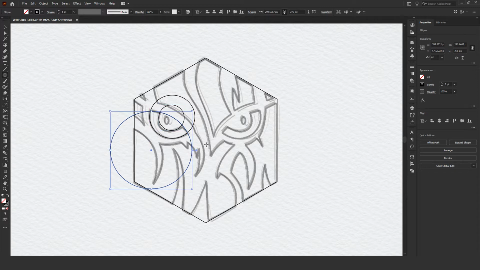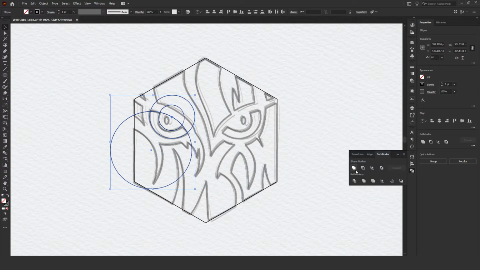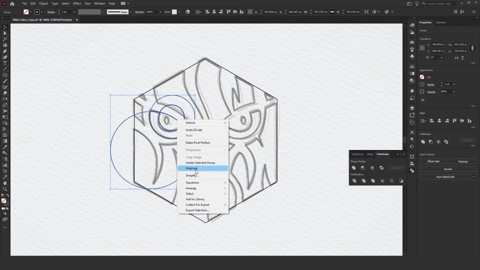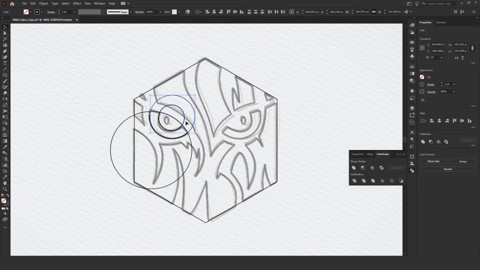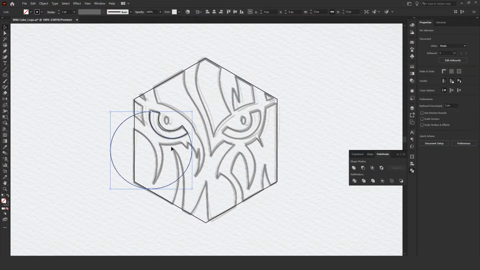Now I think it looks pretty good. Now select these three circles and using the Pathfinder tool, divide it. Now ungroup these shapes. Now select the unnecessary parts and remove them.